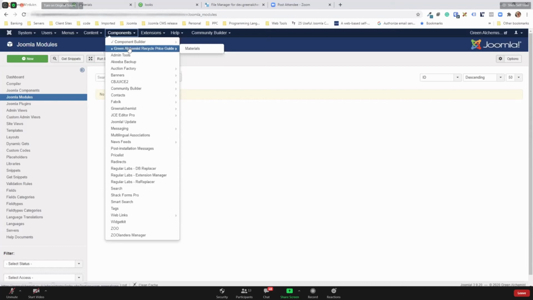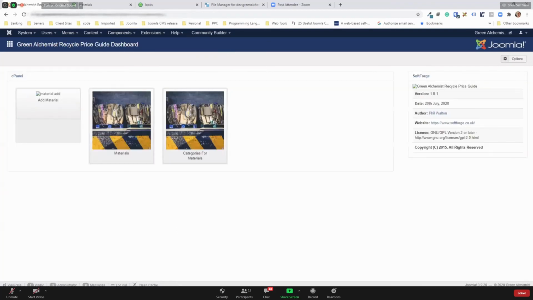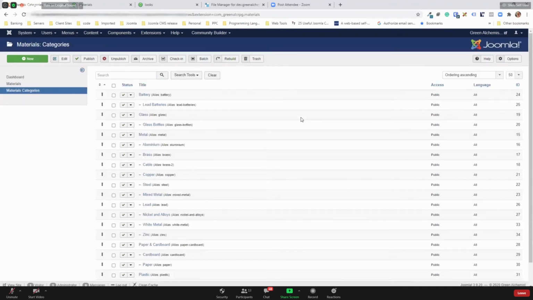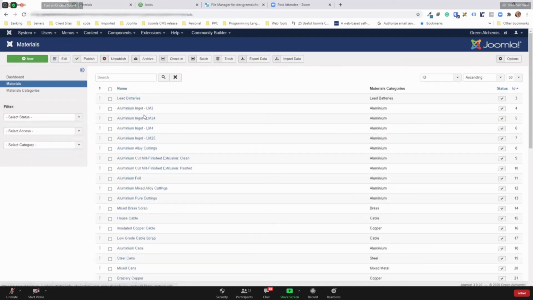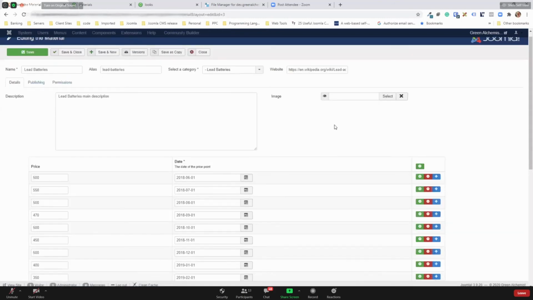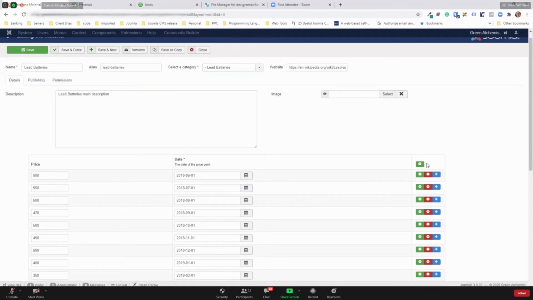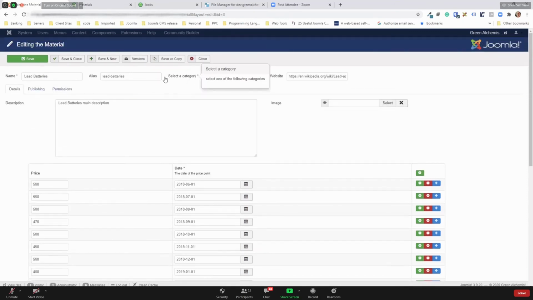So here is the component that we just added. I haven't put an image for that, but this is my backend dashboard, material and materials. These are all my material categories, so you can build up your categories and do all of that. If I go to materials, these are all the materials. This is the form that I've built up for the back end. This is my repeatable fields. All this literally out of the box. You've got the select, the alias, search engine friendly URLs. I haven't done all of that, his system's done it. Version control,